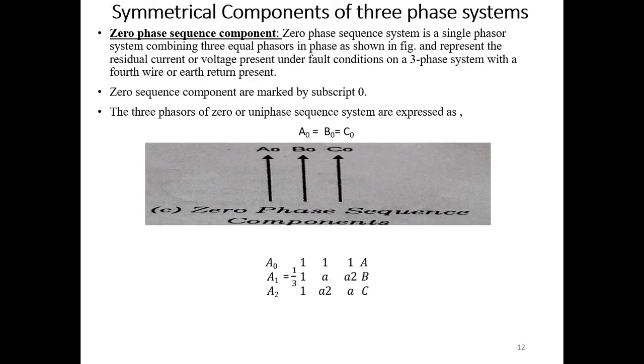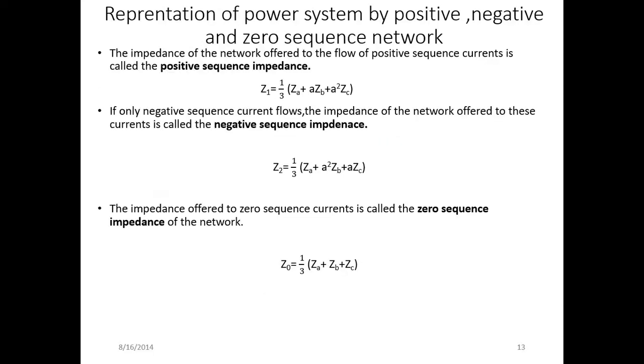Now if we are interested in deriving the formulae for positive, negative and zero sequence components of phase A, then we have to go through this relation: A0, A1, A2 is equal to 1 by 3 times a 3 by 3 matrix into A, B, C, and then we will get these formulas. But before discussing these formulae,